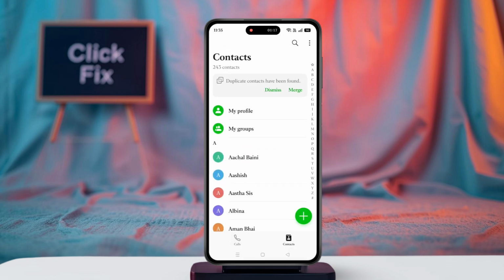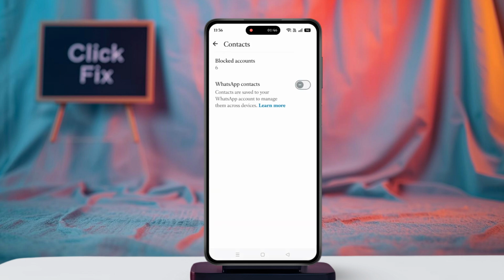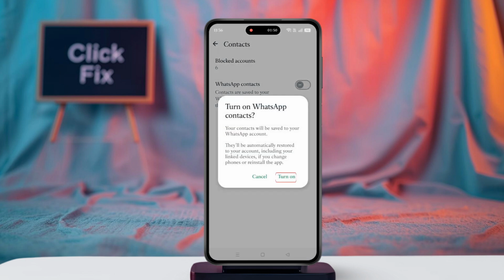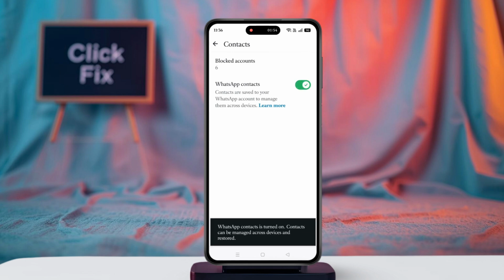If you'd like WhatsApp to continue syncing newly saved contacts with your account, you can return to the same menu and turn WhatsApp contacts back on after confirming your contacts have been saved to your phone. And that's it. That's how you can save WhatsApp contacts to your phone contacts and fix contacts that only appear